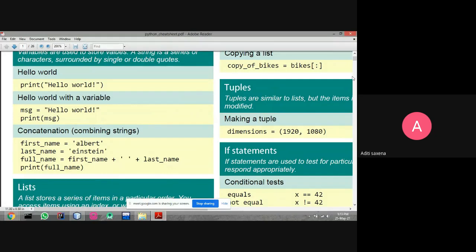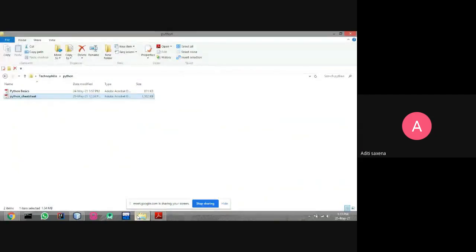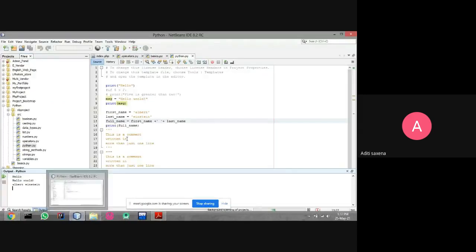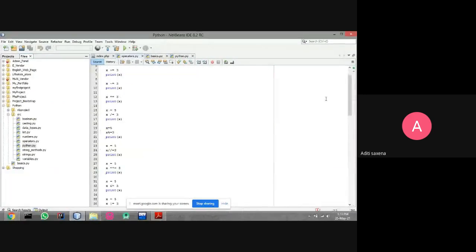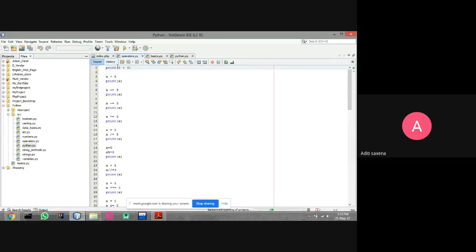Now we are going to learn about operators. First, we learn about operators in Python. The first operator is print 5 plus 3. 5 plus 3 will give you the output 8. Then x is equals to 5. This is the assignment operator. The value 5 is assigned to this variable x. Now, this is plus equals 3. Plus equals 3 means it is something like